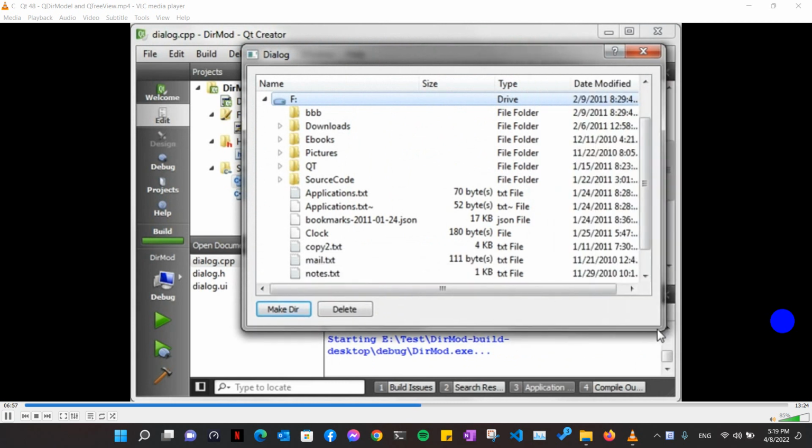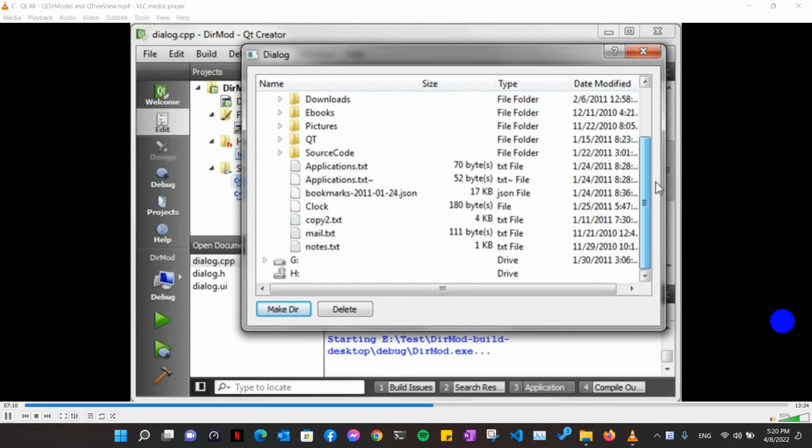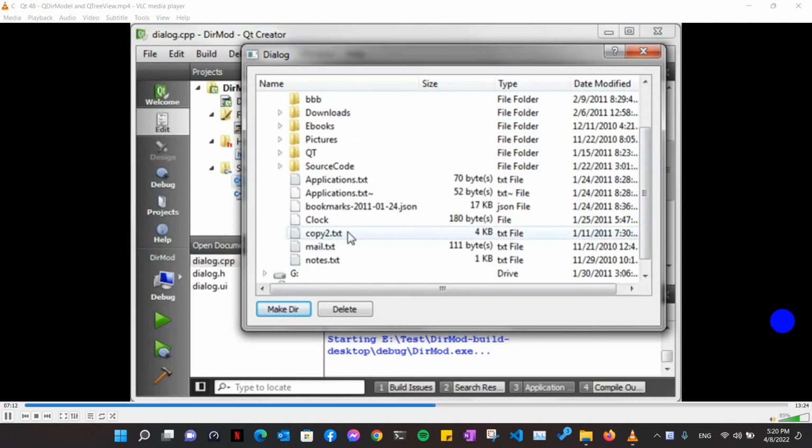And wow, doesn't that look a little better? Notice how it's sorted by name. It ignores case, and the directories are first. It found and selected the F drive, and it scrolled to it. Pretty neat. Now, one thing you should know is that you already have the ability to rename files